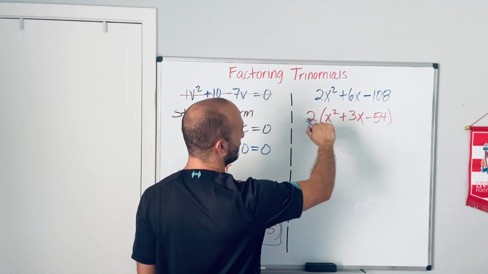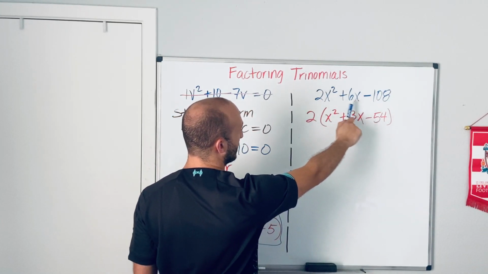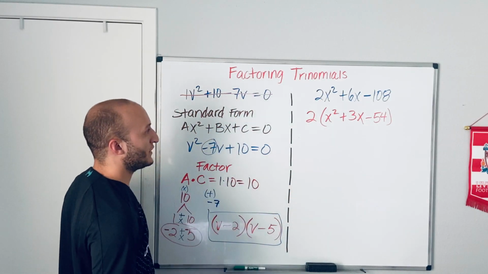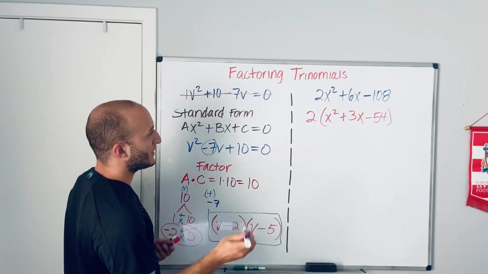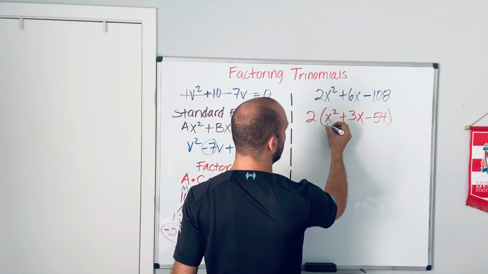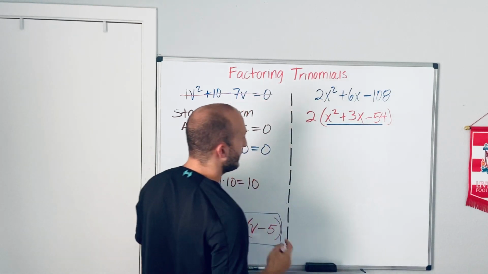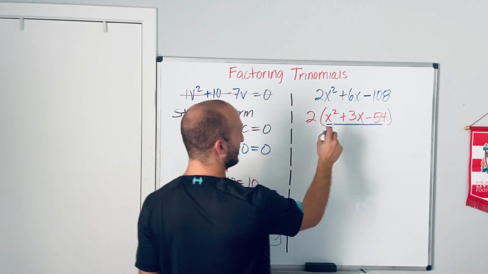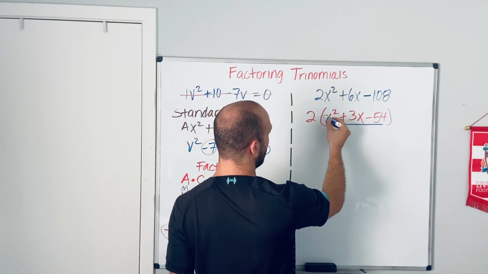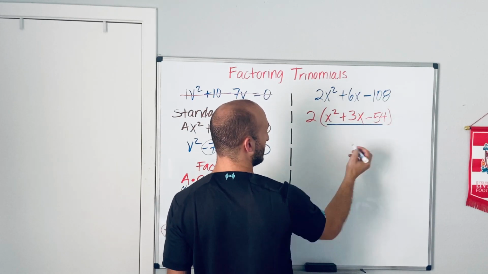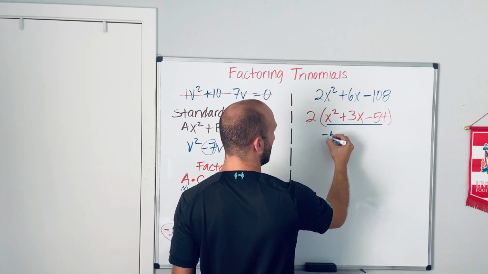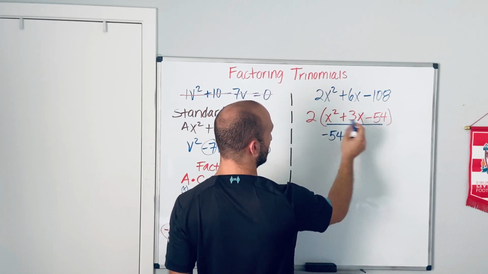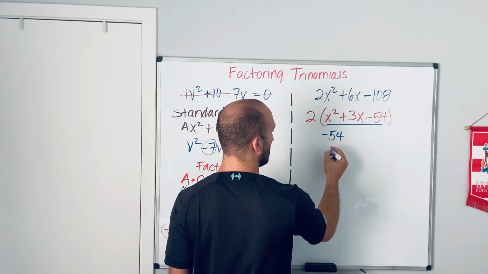So if I distribute here, I would get my original equation. So let's take a look at this inside portion right here. Look at that trinomial, and I'm gonna do the same thing and multiply a times c, which is gonna come out to -54. So 1 times -54,